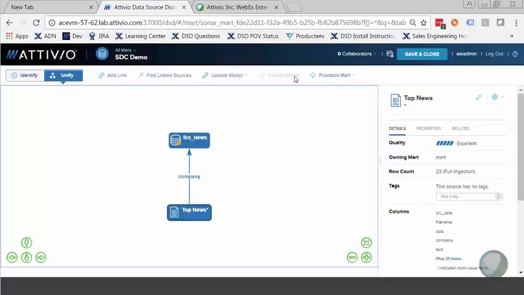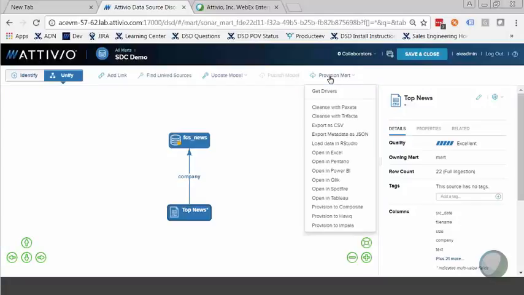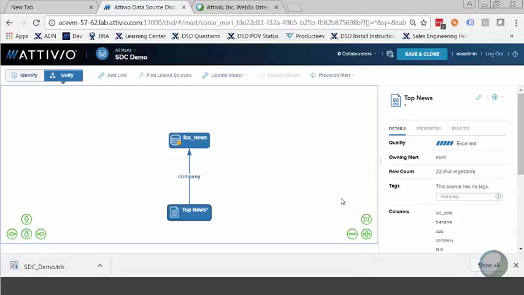So the Mart has been published, which means it's available to SQL. We can click this Provision Mart drop-down menu and see a list of provisioners that are available to us. From here, we can select the provisioner we want. So say, for example, we want to provision to Tableau. We can click this button, and the catalog will automatically generate a file that tells Tableau how to connect to this Mart and how the sources should be related. Now, all we need to do is open this up in Tableau,